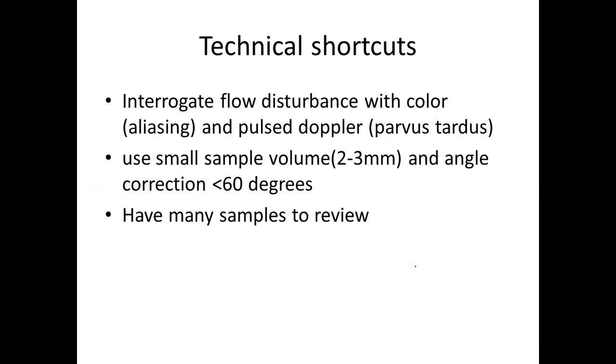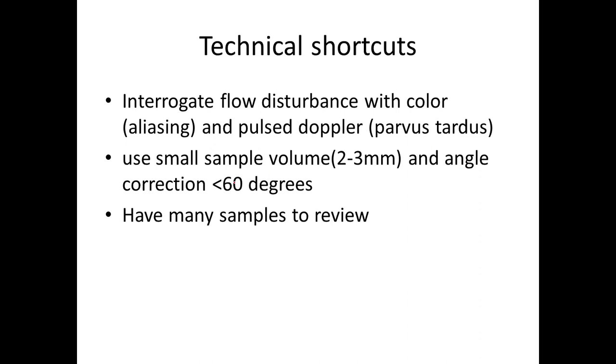I'm going to talk a bit about the technical shortcuts. These are the keynotes that you need to follow in order to obtain very good waveforms, right? So you have to interrogate flow disturbance with color aliasing and pulsed Doppler, right? Then you will be looking for the pulsus parvus et tardus waveform. You need to use a very small sample volume. That is, your pulse gate should be small, around 2 millimeters, I think, should be effective for this, and